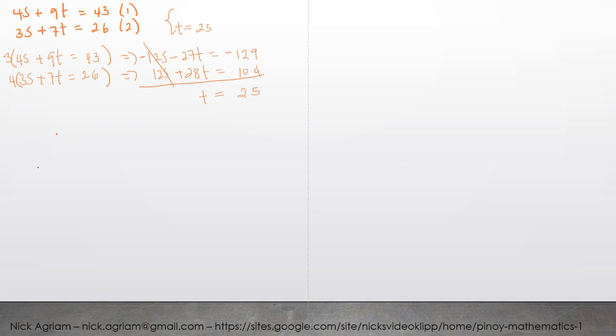Okay, the next equation. We're going to eliminate the t this time, not s. Okay, so we have 4s plus 9t is equal to 43. And then we have 3s plus 7t is equal to 26. So if I'm going to multiply this by 7,